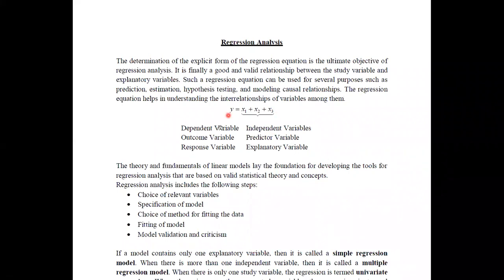Normally these terms can be used to name the y variable: dependent variable, outcome variable, response variable, or study variable. These terms can be used to name the x variables: independent variables, predictor variables, or explanatory variables. It is because we can independently change the values of x.